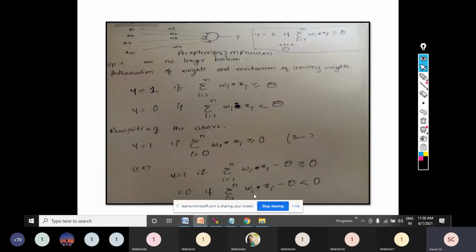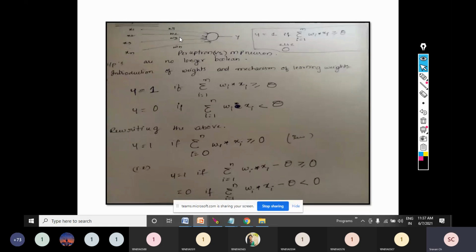This is what we have discussed in the last class. The major difference between the MP neuron and perceptron is that in the neuron you don't have weights, which means every input has equal importance. But if you want different weightages for every input, which is a very practical situation, all inputs need not have equal importance. That's the reason weights are mandatory. So in the neuron we don't have the weights concept, whereas in perceptron we have weight 1, weight 2, weight 3, like that. For every input there is some weight, w1, w2, like that.